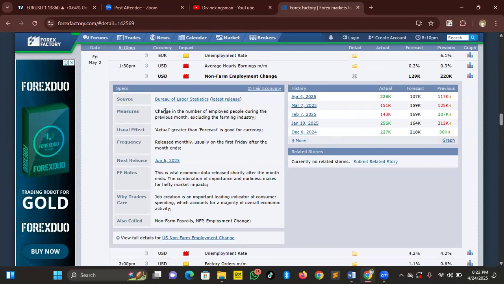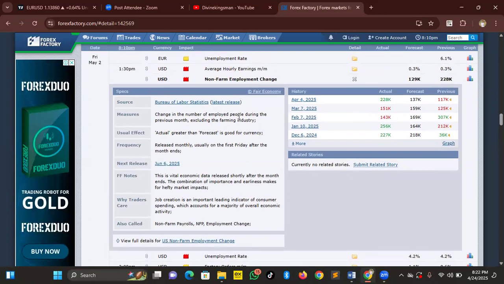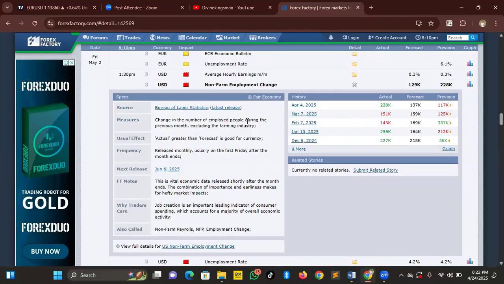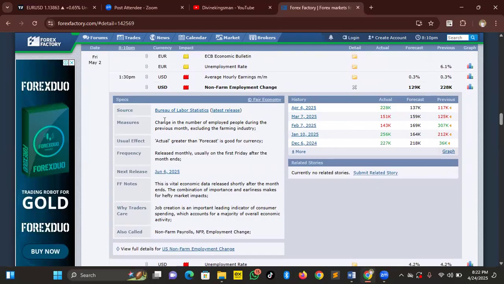It says change in the number of employed people during the previous month, excluding the farming industry. So now they say actual greater than forecast is good for the currency. At this point, there's no actual, because the news has not come out for next month. So there's no actual. But now we're going to use the forecast, and